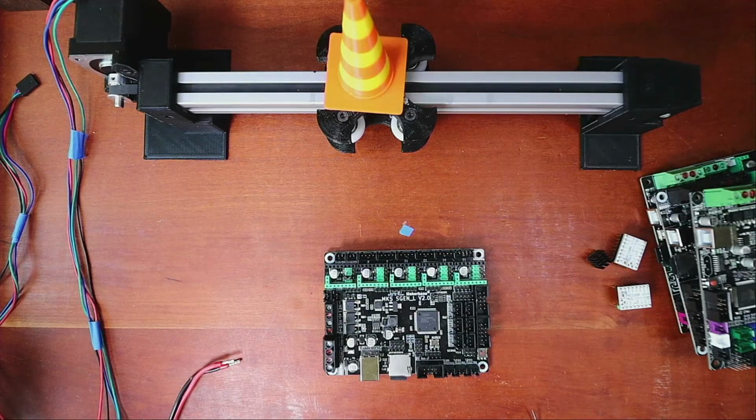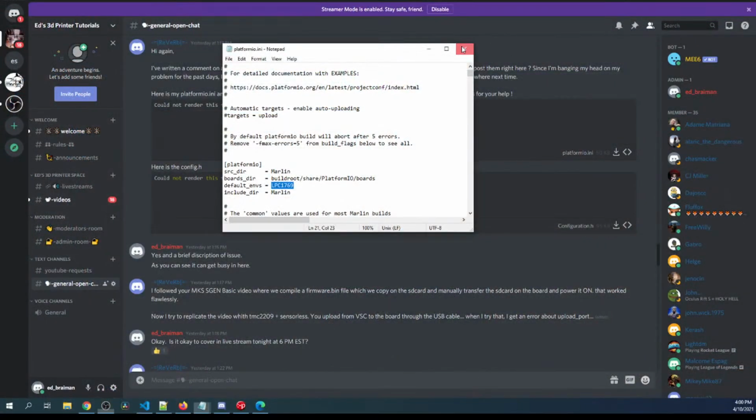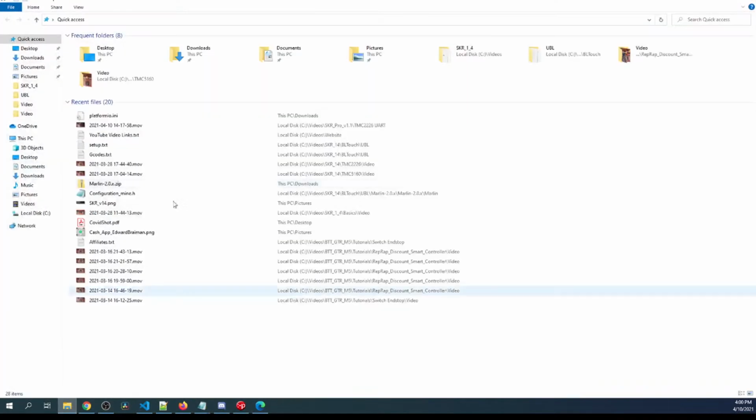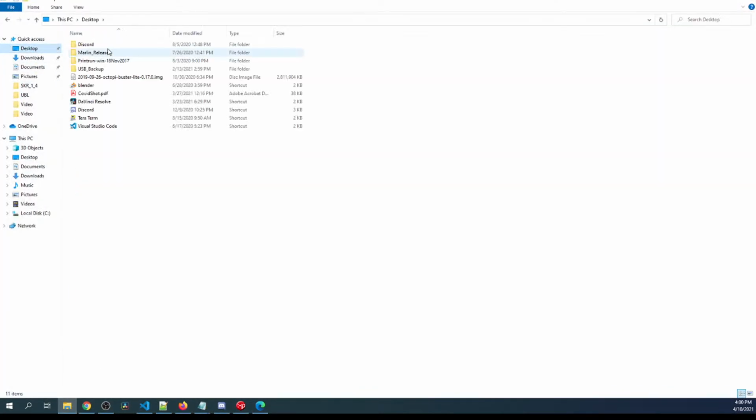So what I'm going to do next is I'm actually going to check their firmware loading issue. It was an 8 gigabit drive here, but I'll show you how I set up the problem so I can understand it from their perspective. So I'm going to go over to the desktop. On the desktop, I'm going to close this for a second, go over to my downloads folder, and you see